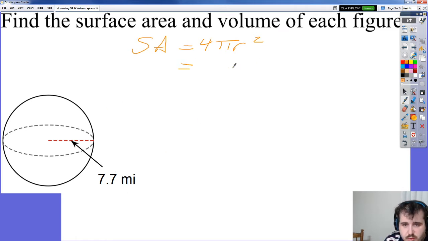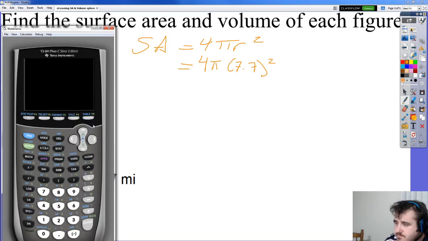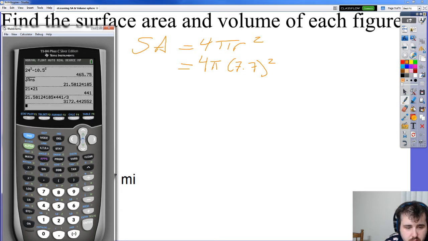The radius is 7.7. And then we're just going to do 7.7 squared times 4,